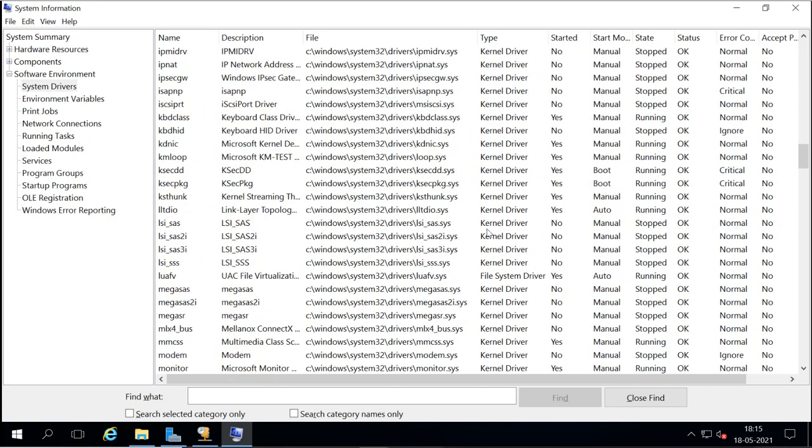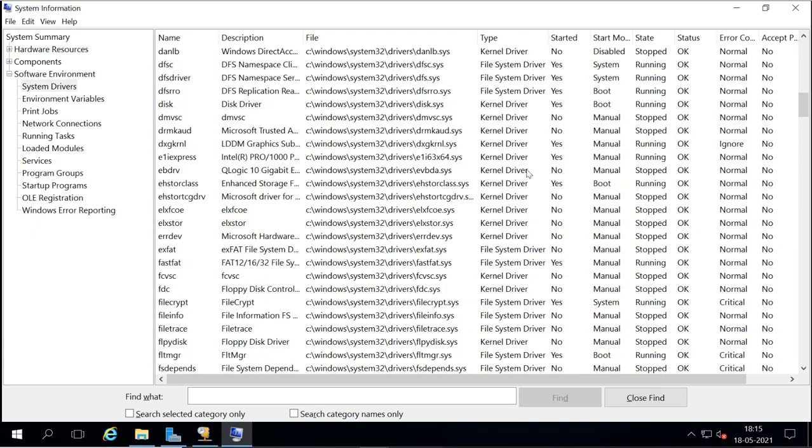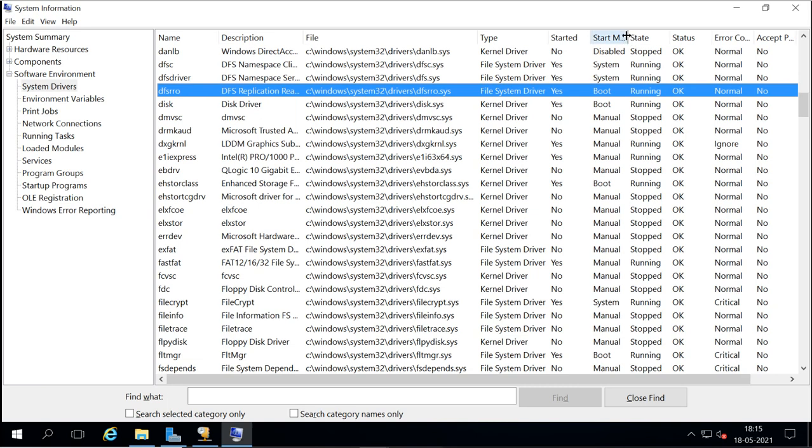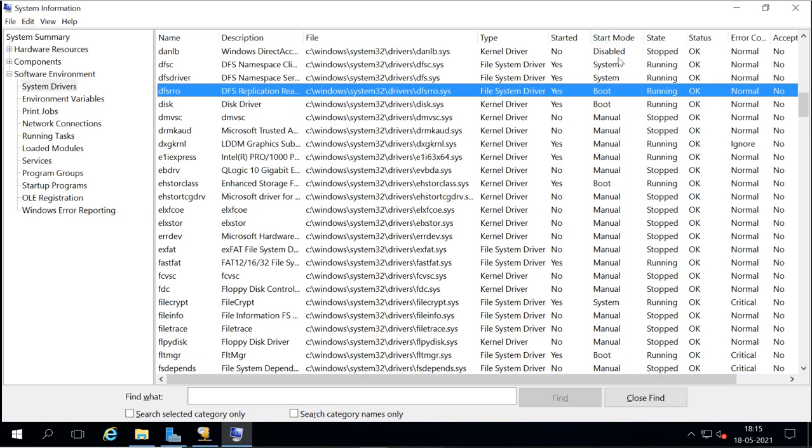Then it shows whether it is started or not, and the start mode. That means whenever our system starts, how these drivers start: from boot time, or disabled, or system time. The current status is running or stopped.